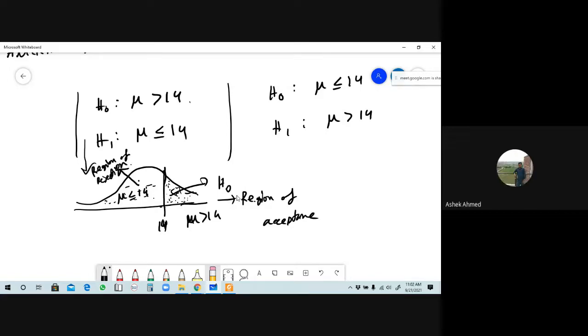Okay, এটা মনে রাখতে হবে। Similarly, you can imagine this concept by using a graph. গ্রাফ থেকে তুমি এটাও ইমাজিন করতে পারো। ওকে, তাহলে আমাদের রিজন অফ রিজেকশন মানে কি, যে রিজনের মধ্যে নাল হাইপোথিসিস রিজেক্ট হবে, যে রিজনের মধ্যে alternate hypothesis accept হবে, satisfy করবে। ওকে, that reason will be here reason of rejection. আর acceptance কোনটা হবে, যে রিজনের মধ্যে null hypothesis accept করা হবে, satisfy করবে, that will be here reason